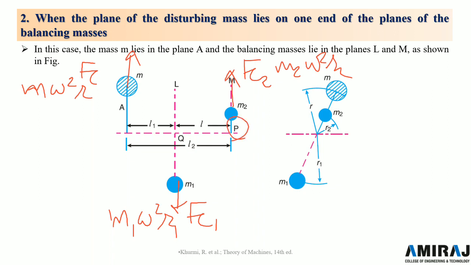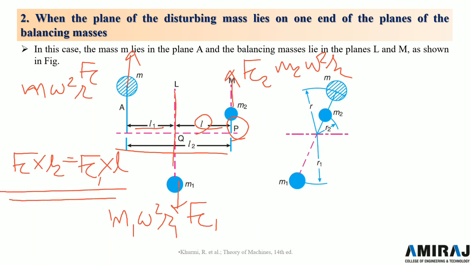First of all, let us take the couple at point P, we will get Fc cross L2 is equal to Fc1 cross L. Here the L is taken from this distance from L plane, the L2 is taken here and L1 is taken over here. So we will get the similar equation as previous, and if we take at the Q point, we will get Fc cross L1 is equal to